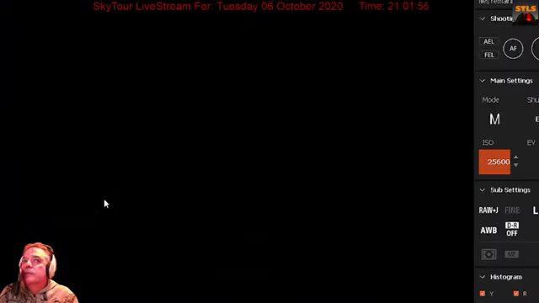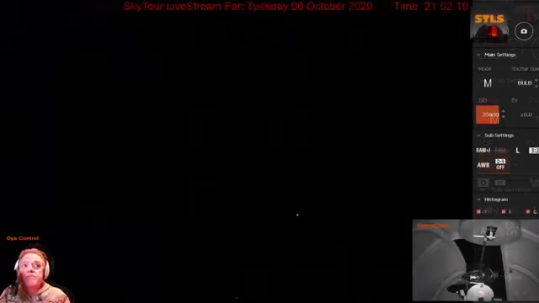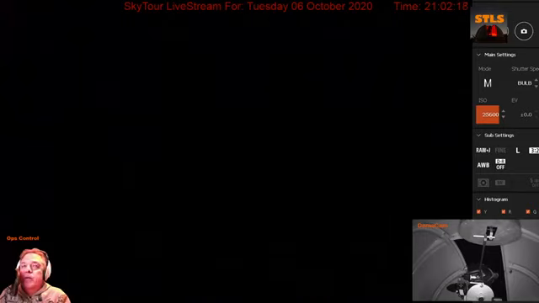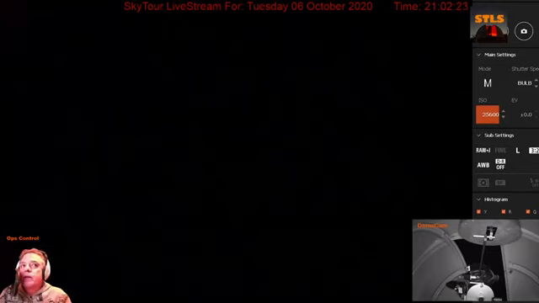Alright, so we're heading down to what could be the Heart Nebula as long as the dome isn't in the way. I should probably make sure. Okay, it's not in the way. How do I know? Because of this. You can see our observatory cam down here. That's the star that's being used as our guide point. And when it goes away, it means that it's heading to the nebula directly.